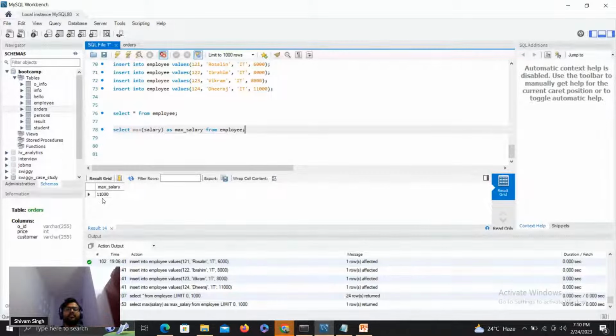But I don't want to display this as just a single column. I want to display it in my original table, as a separate column. So along with my table, I want one separate column as max salary, and in that column I want this particular value. So how can I write this then? Maybe I can write this as